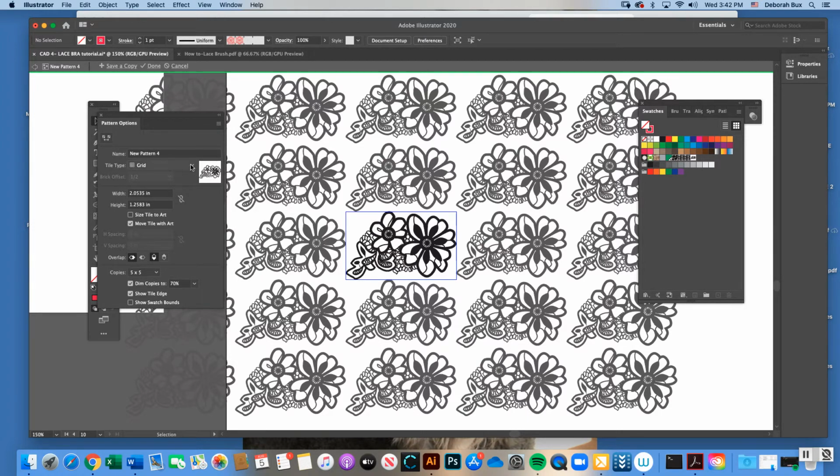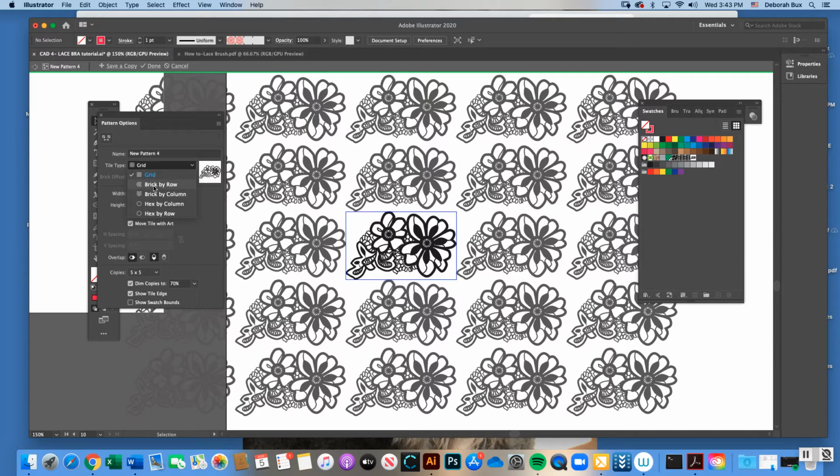There's tile type, you can click on that, and you can play with the different repeats in here, and you can see the way the diagrams look. It's going to take everything inside this blue box right here. So this is your little motif that you took into object pattern make window. It's represented in these little boxes here,